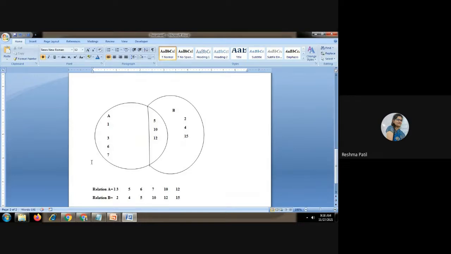So in maths, we were using set theory. In that set theory, two sets were there, set A and set B. Same logic we are applying here on this union operation using a relation. So this first relation is this one and second relation is this one. What is the common value that we have to consider only once? These three values are common in set A as well as set B.